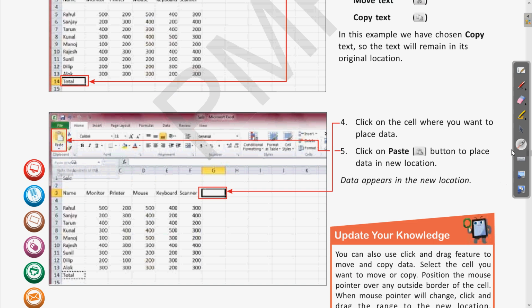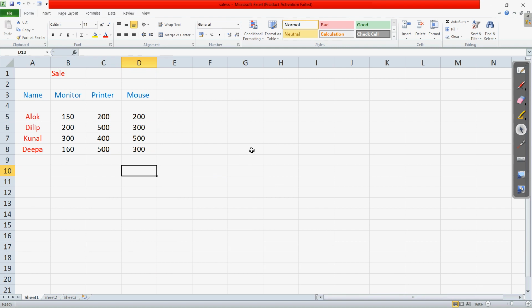Okay, now let us come to the Excel window and we also try to do this. Suppose there is a row like the Dilip name with all of the values. If I want to create a copy of this, I select the cells first, then go to the Home tab, and in the Home tab you can see at the top we have the cut and copy options. Cut is appearing with the scissor symbol and copy is appearing with two pages, so it will create a copy. Now let us select this once again.